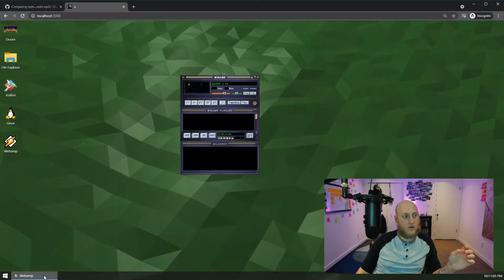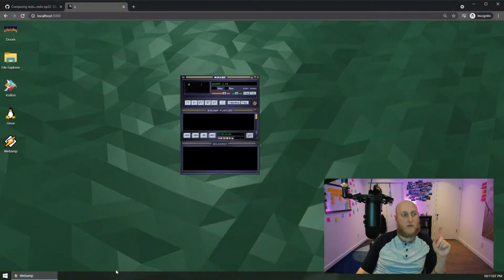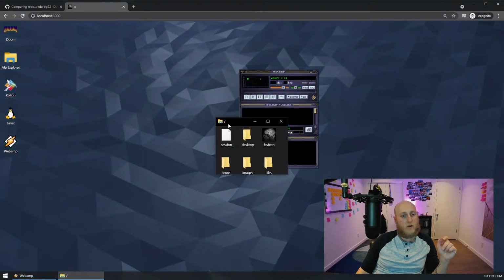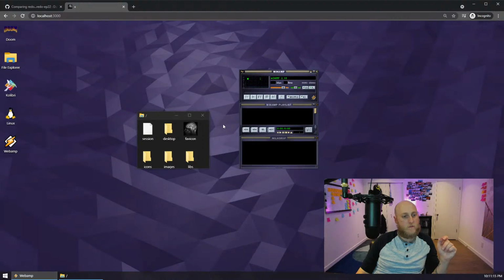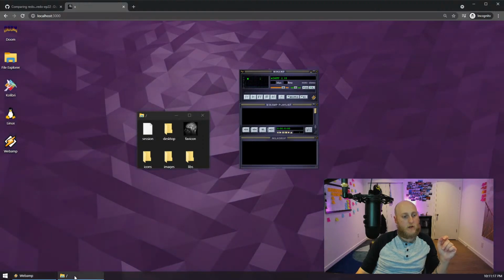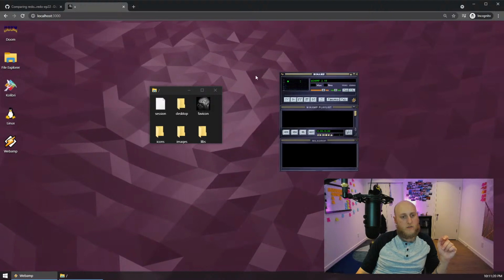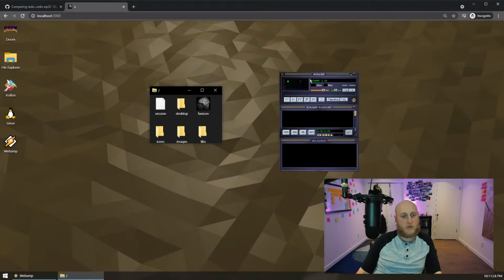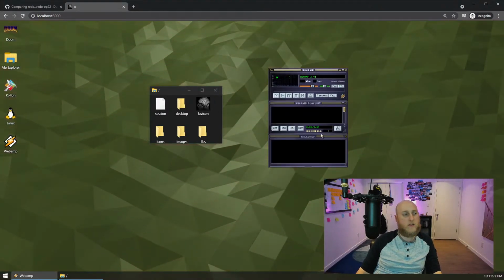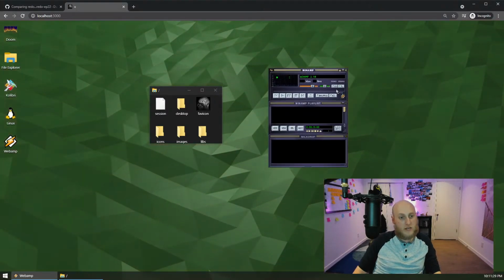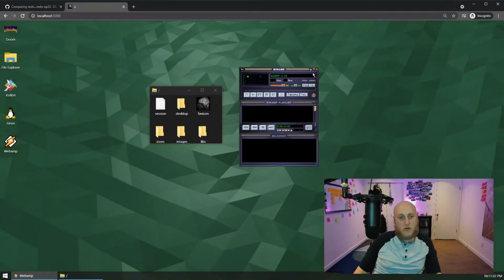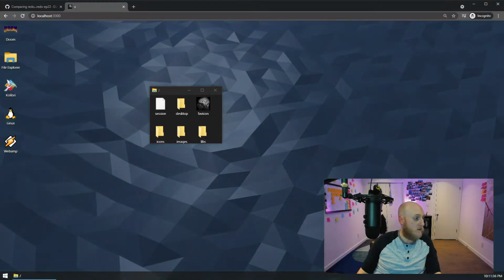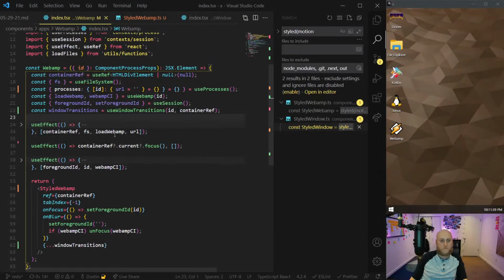Yeah, there's several issues. One issue is that clicking the taskbar for Webamp doesn't minimize. Another issue is, watch this one. If I open another window and then I focus off of them, right now is it not happening? It might be something that I created earlier. Well, we'll see if I can break it again before I add a fix. There was another fix where this was shooting back to the center. I don't know if I've added that. I haven't broken it yet, but we'll see. And then another one here is when I press close, you see it didn't really fade right. There was some weirdness there. So let's fix some of those issues.